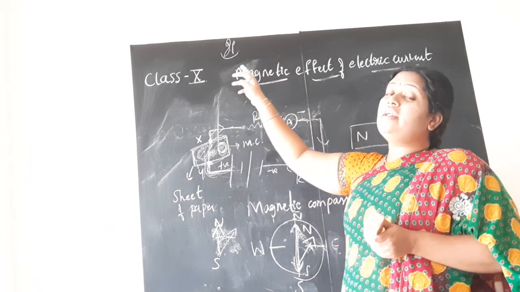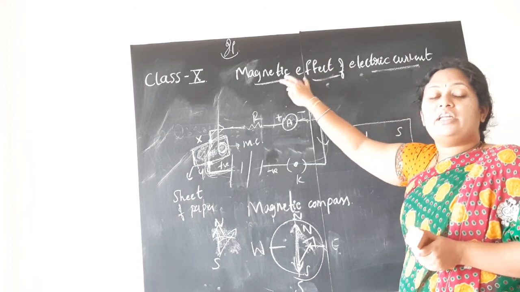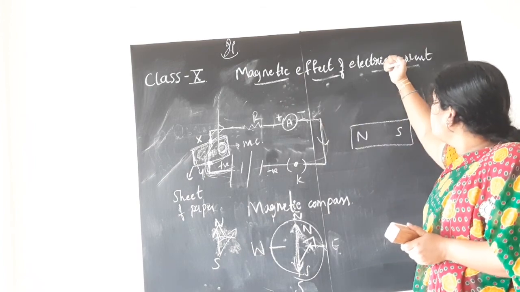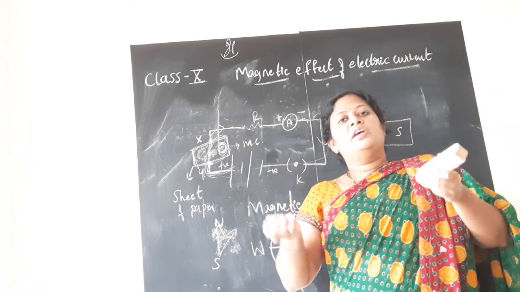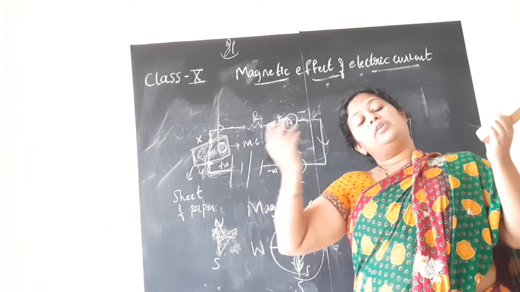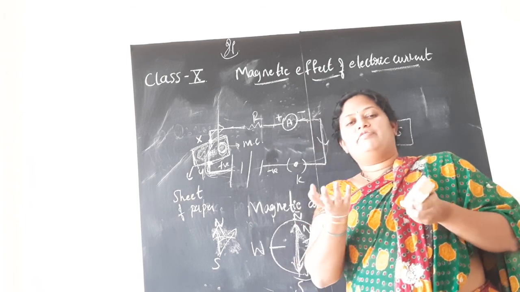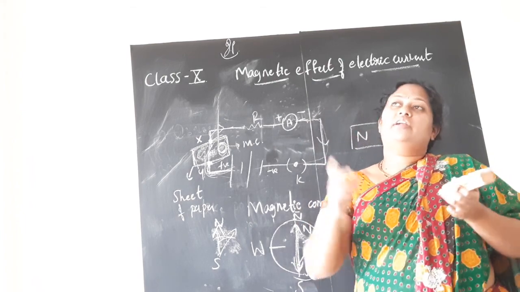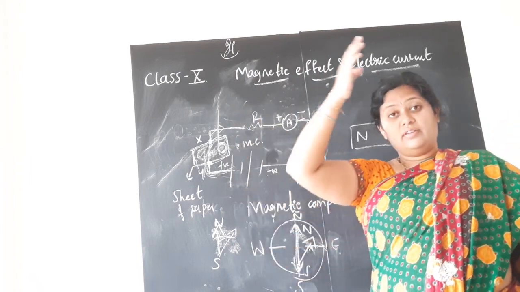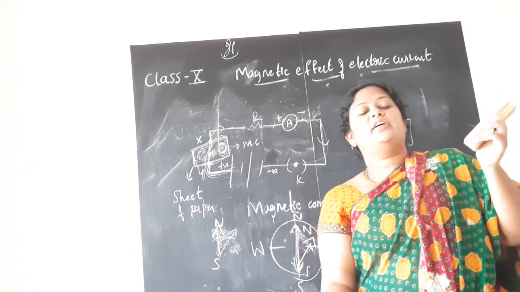See, I have not written electric effect of magnetic field. Here the magnetic field or magnetic lines of force are in turn giving us current. How nice, no? So it is one more method, see, we have studied various methods of producing electricity. In the previous days they used to rub two stones to get fire, they used to catch fire like that by friction, we studied. Next we studied wind energy and solar energy. Next, of course, is hydroelectric power, where the water falling from the height rotates the turbine and in turn produces the current.